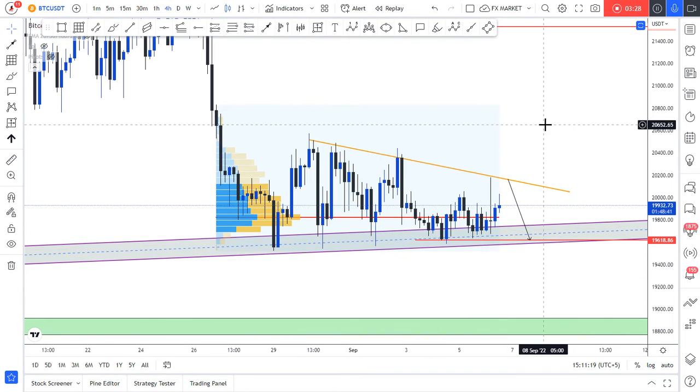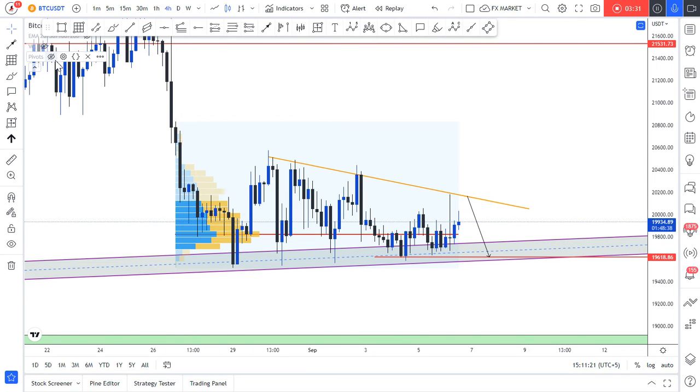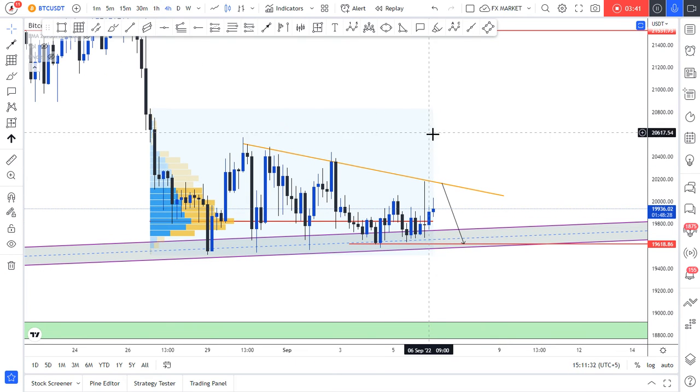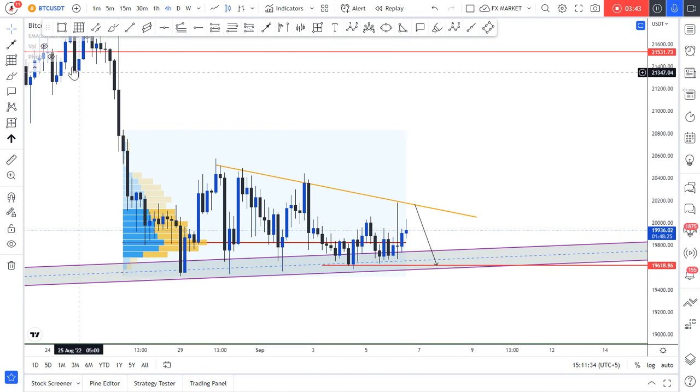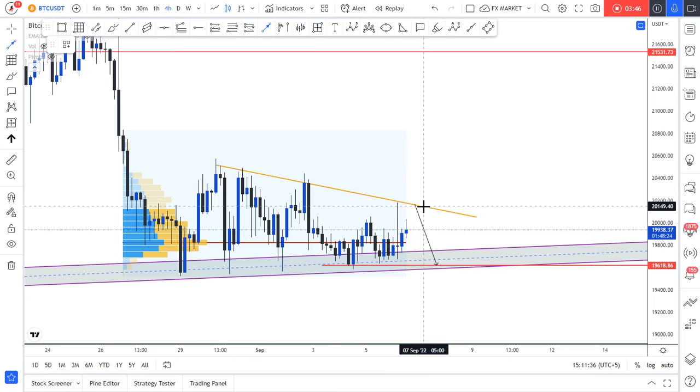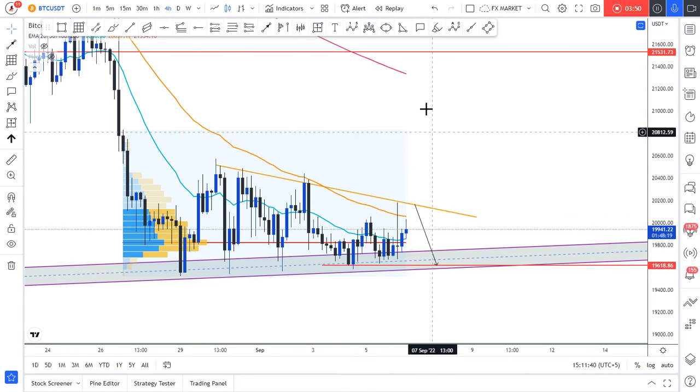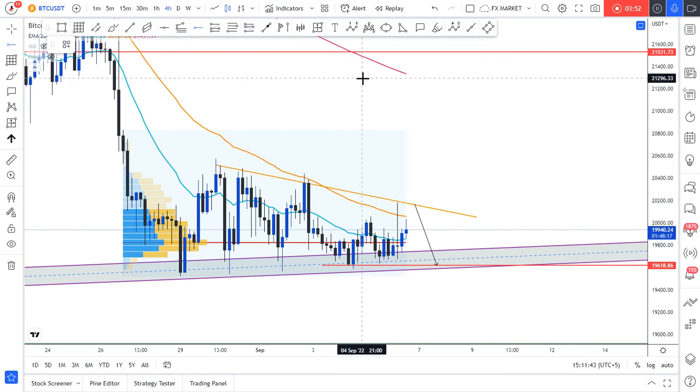All right, here you can see that the volume is also high. In this area price breaks this POC area, comes towards this resistance and rejects from here. This trend line is very important. If this trend line is broken, then we can see that price comes to test this level of